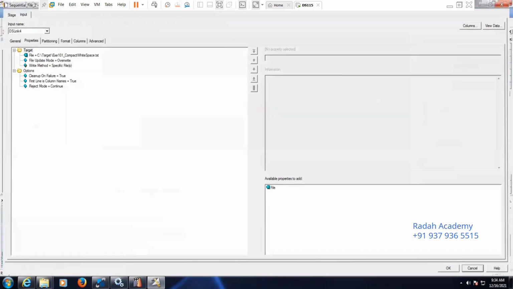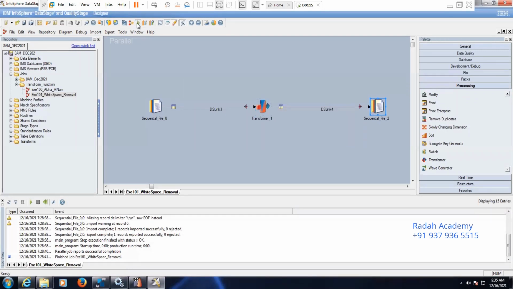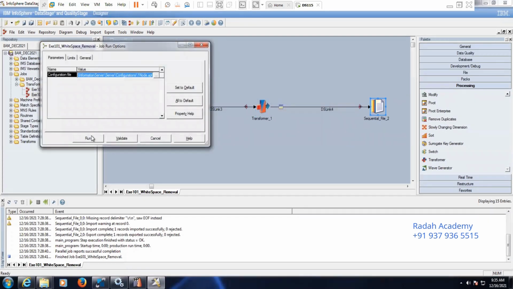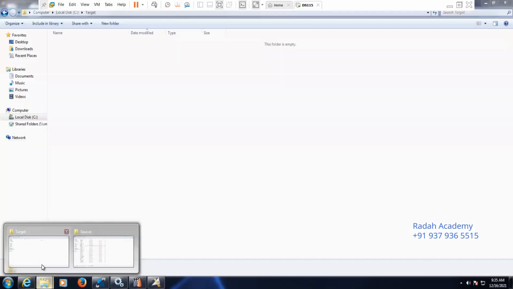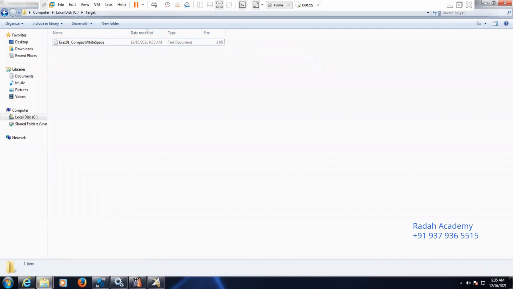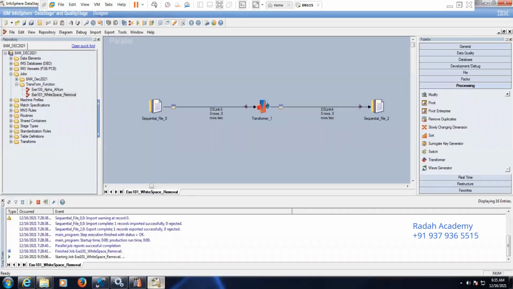Now run this job. Once the job gets completed, it will turn green and the file will be created here automatically. Yes, the file started creating. The job is still running.